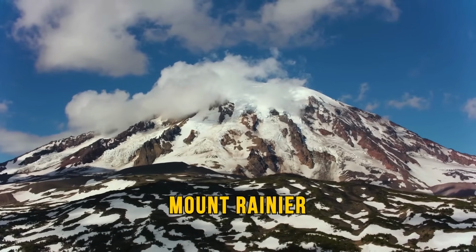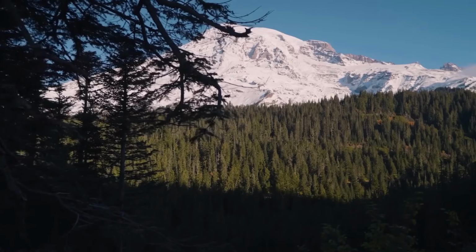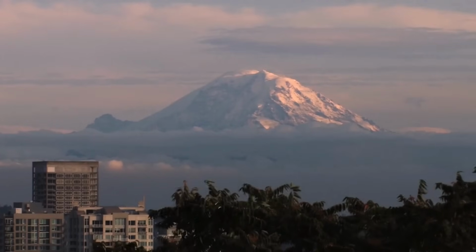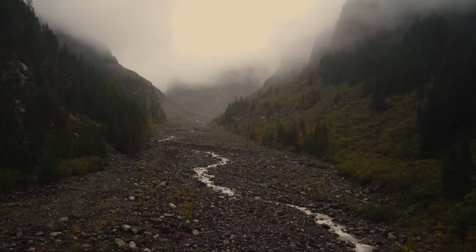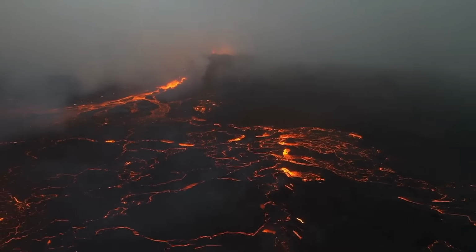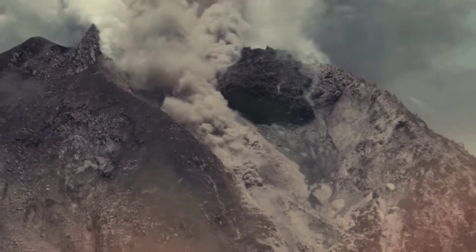Mount Rainier is one of the most dangerous volcanoes in the USA. Its high elevation, chemical composition, proximity to Washington's Seattle and Tacoma suburbs, and the volcano's ability to produce massive pyroclastic flows make Mount Rainier a threat to consider. The heat from this volcano could potentially melt the ice and snow covering it, leading to rapid downstream flows of